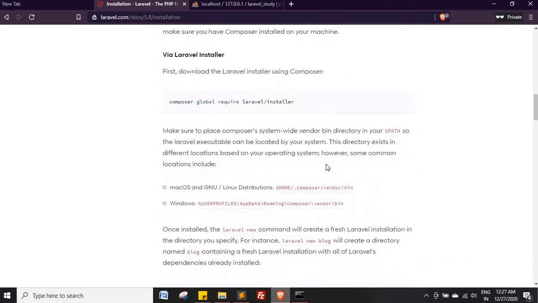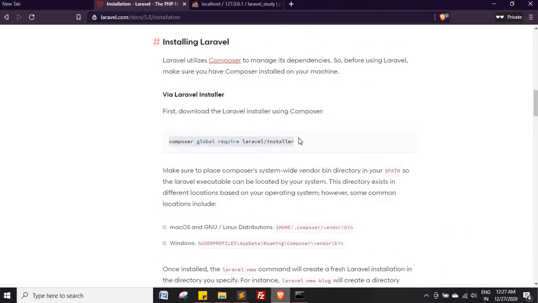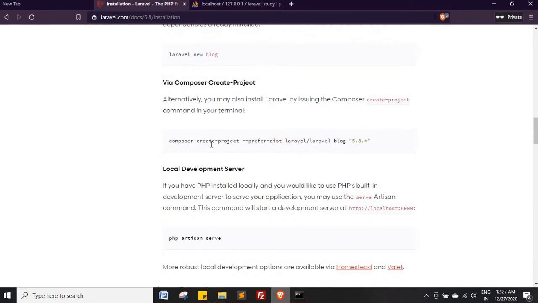So this one is basically the first download and Laravel installation using Composer. But we are going to install Laravel through the command line directly. As you can see, they have mentioned the version number as well, 5.8. If some client has a requirement where they want a specific version, and you do not mention it there, then they will just install the latest version. So if you want to install a specific version, then you need to mention it here.